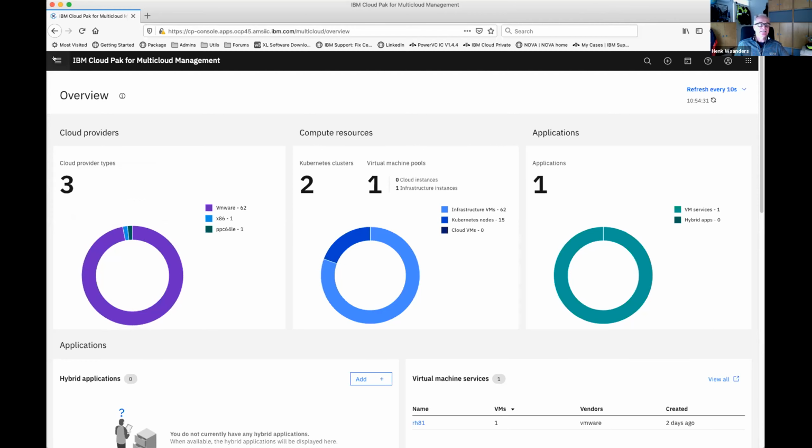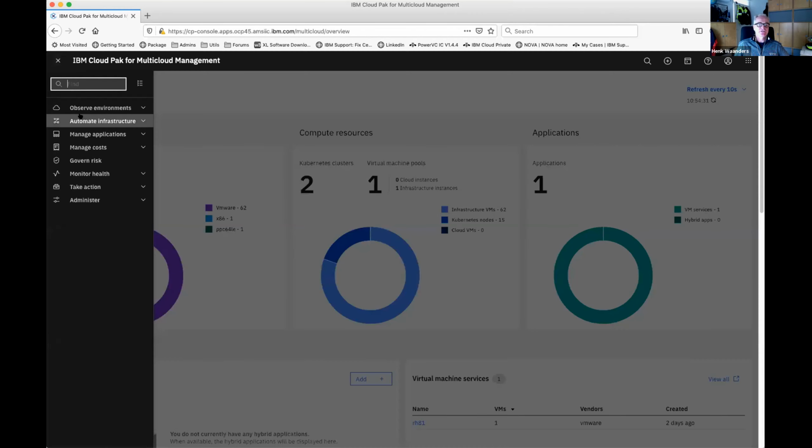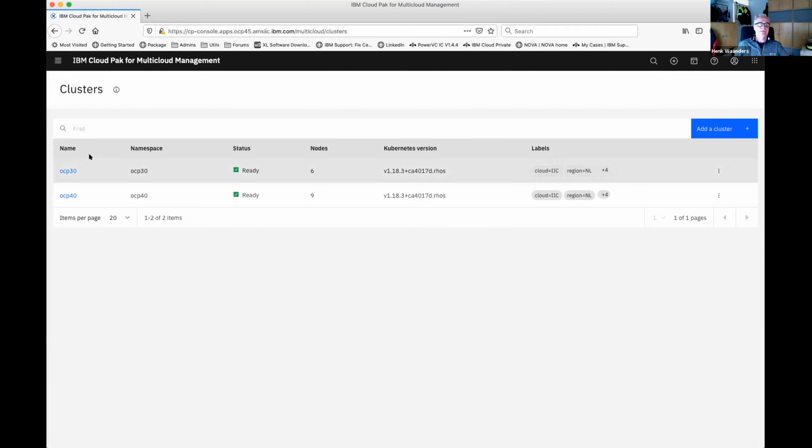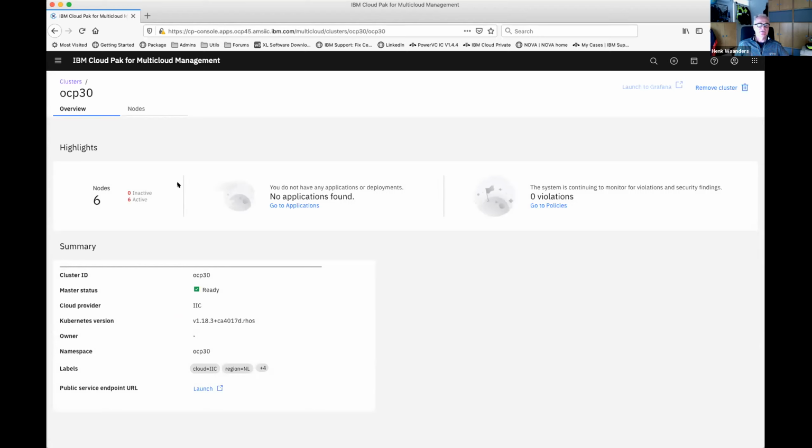So how do I add a cluster? Just from the menu, Automate infrastructure. You see here the clusters. These are my clusters, two of them. This is my Power cluster. You can't see that it's Power, but